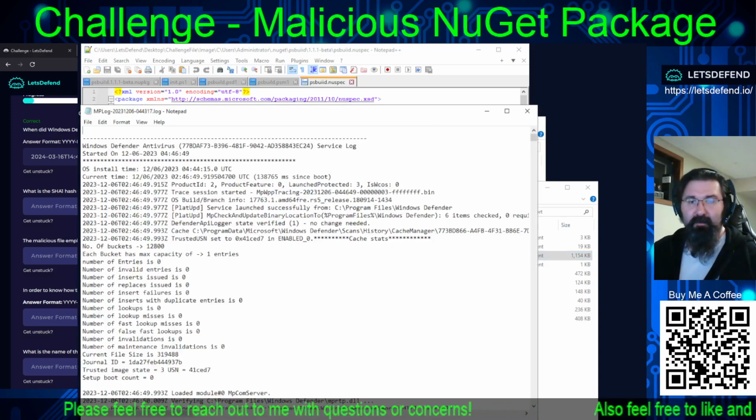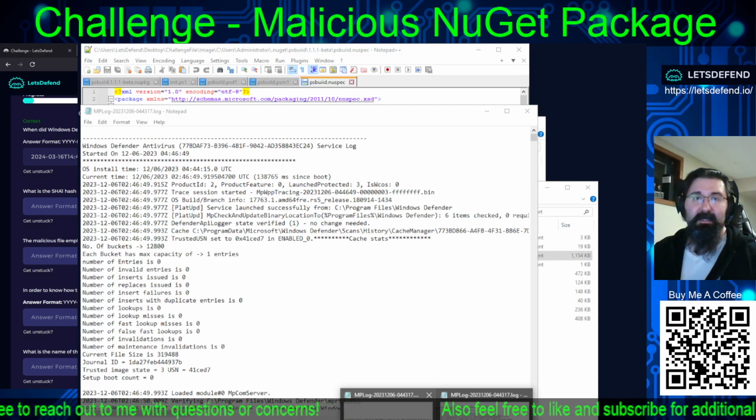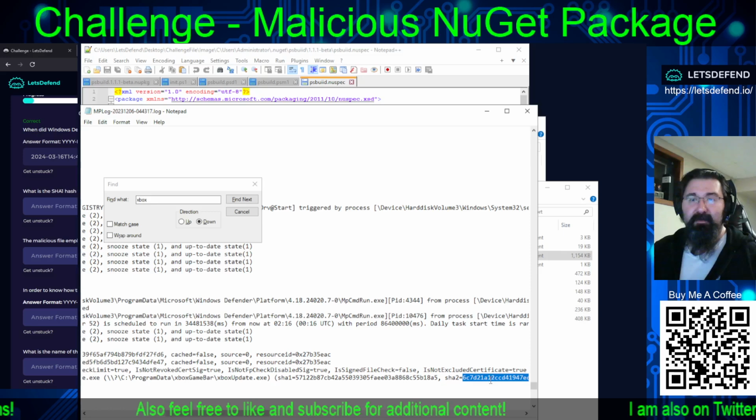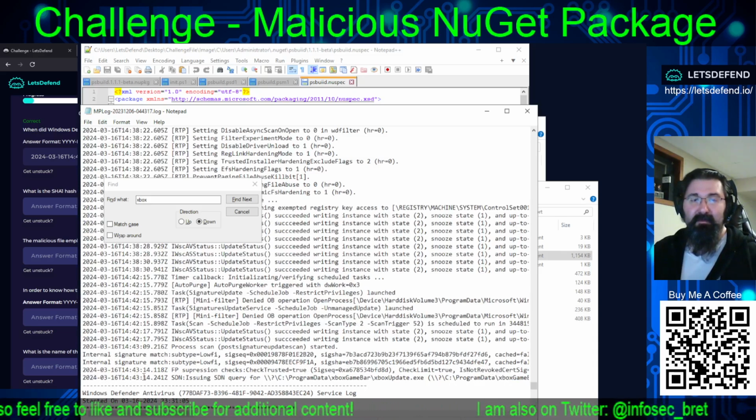And so if we open the MPLog, well, technically it's MPLog-20231206-044317.log, we can look through there to take a look at everything that's there. We will find down near the bottom for 3/16/2024 14:43:14.241Z